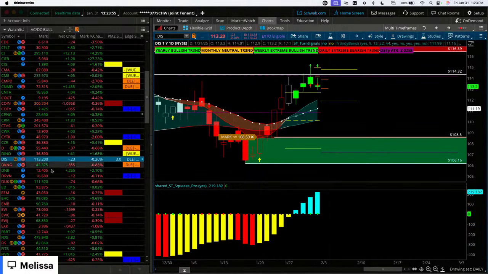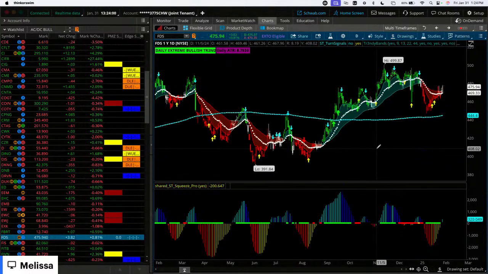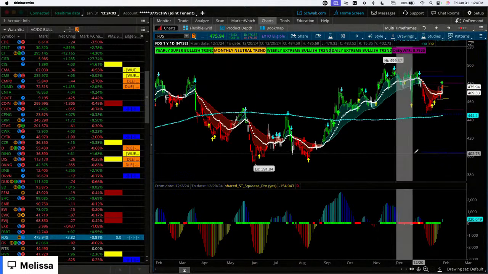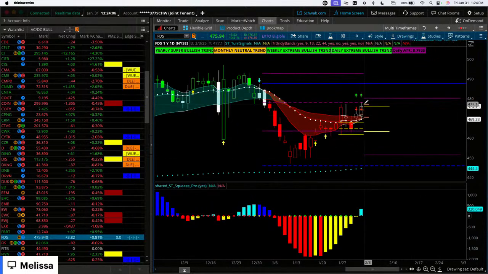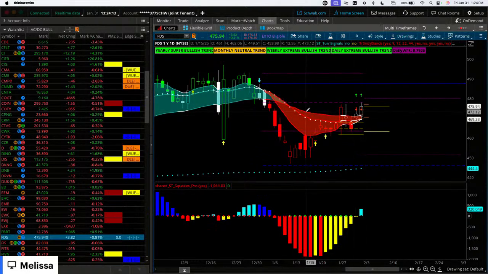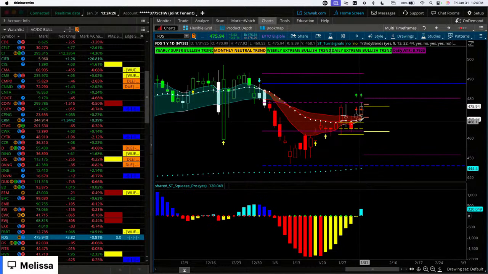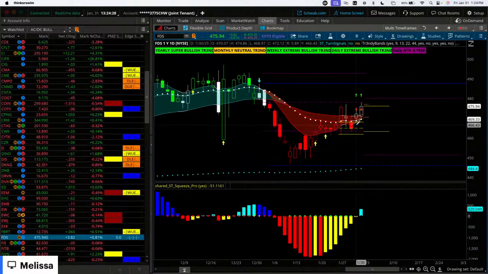I like to really have good performing names on my list that are affordable for my account size to purchase at least two options contracts and that are, you see this EMA cloud, this is a 9, 22, and 44 EMA cloud. I like it if the price is not below the daily cloud,